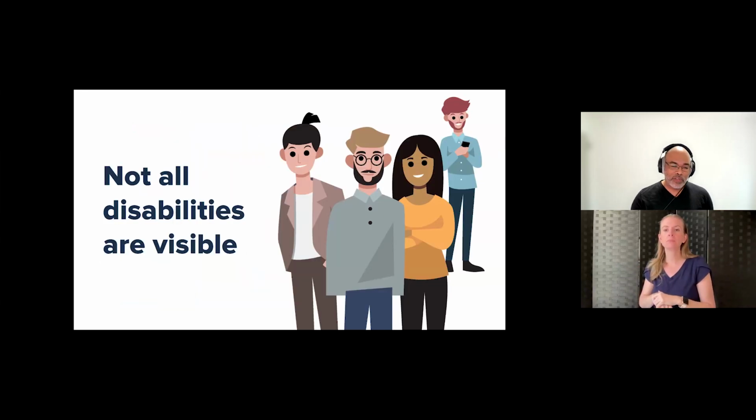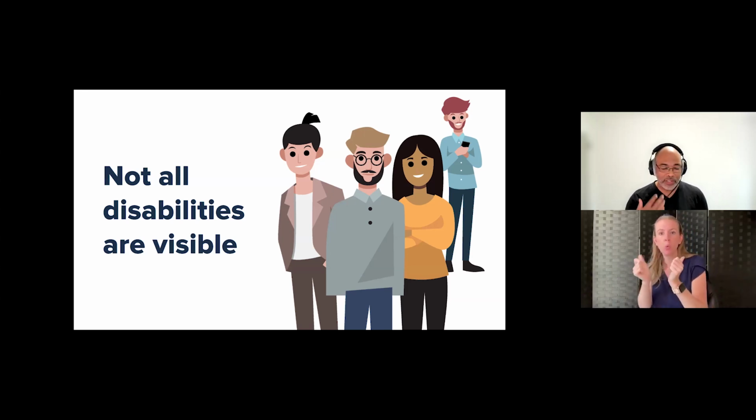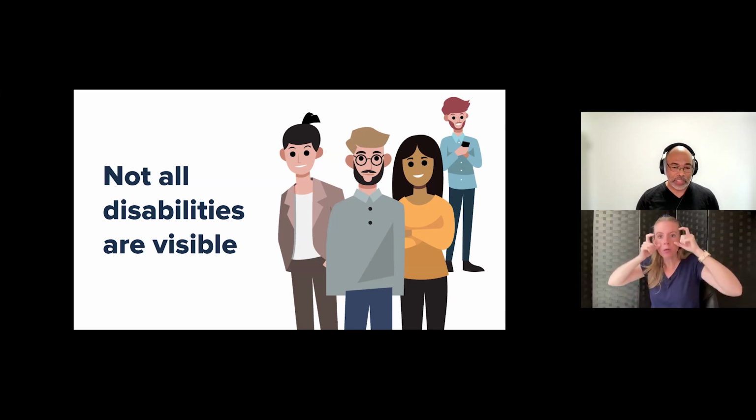And it couldn't be further from the truth, because as a lot of us know, not all disabilities are visible. What about the cognitive disabilities? What about the neuroprocessing disabilities? Visual. You can't tell if someone has low vision unless they actually tell you. And low vision doesn't necessarily mean that they're wearing glasses. The definition of low vision is a vision disability that cannot be corrected by using eyewear. So you're not wearing contact lenses or lenses or anything like that.